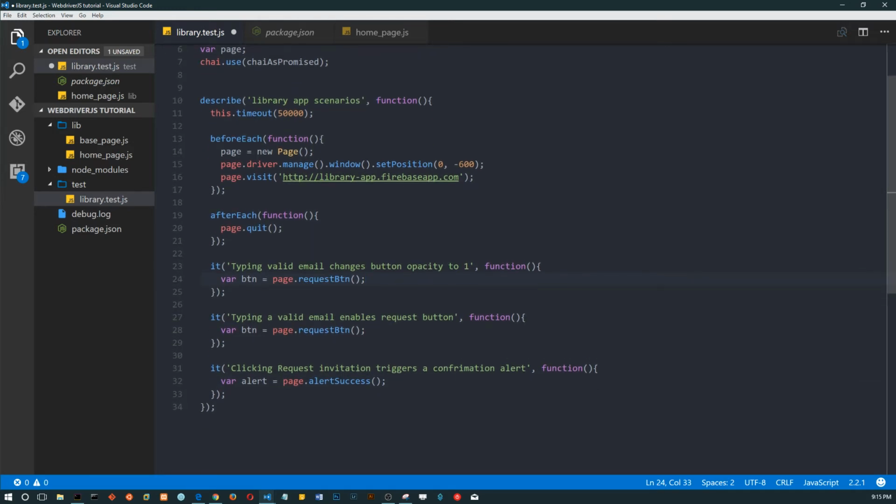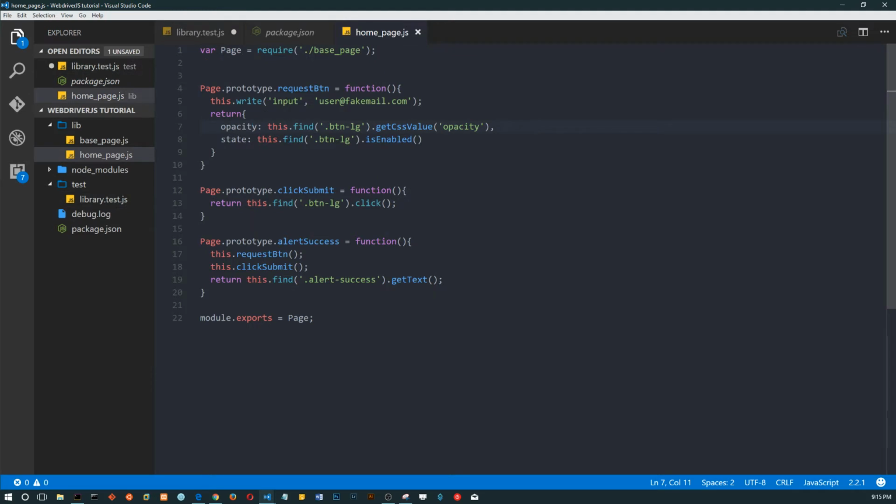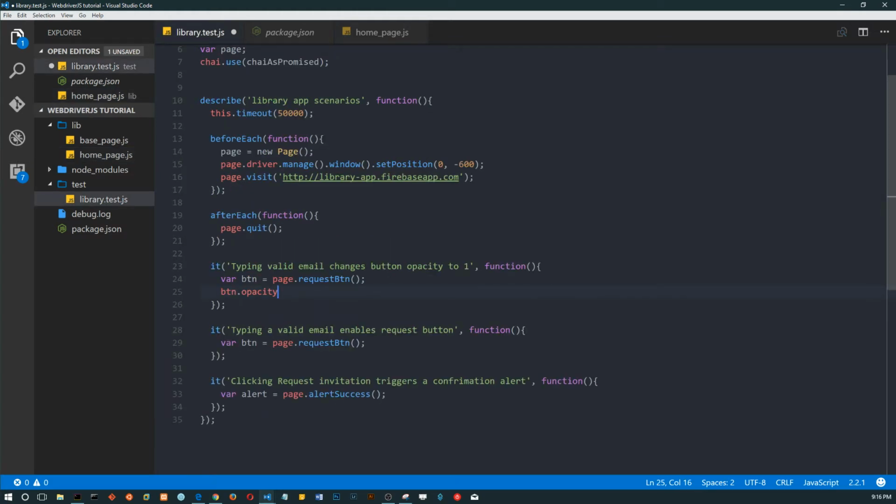Okay, and now I can just do this, button opacity, because in the home page from this request button method I return an object that has the key opacity and then the key of state. So button dot opacity